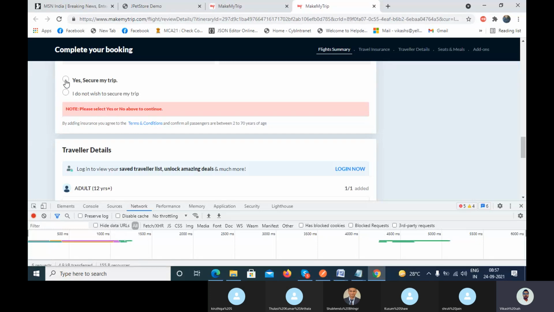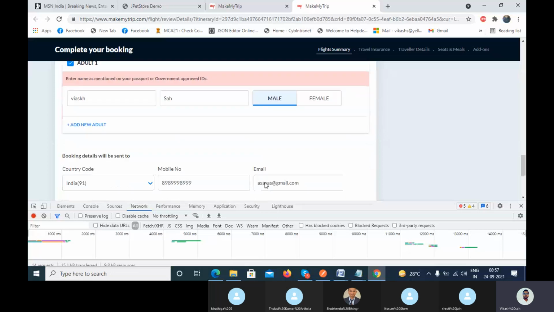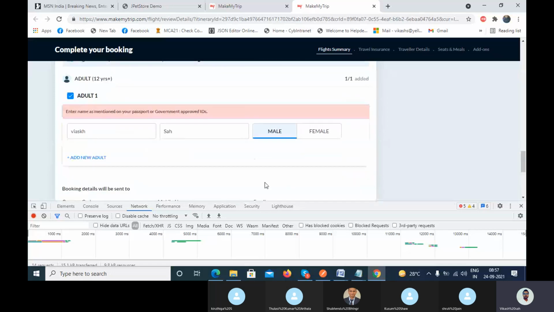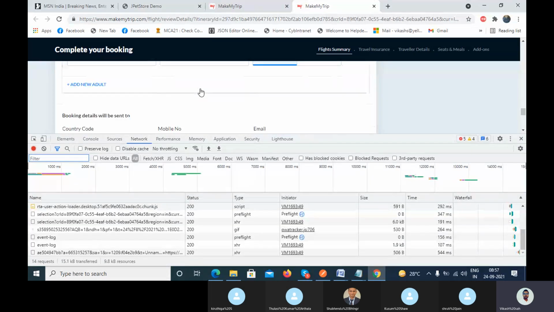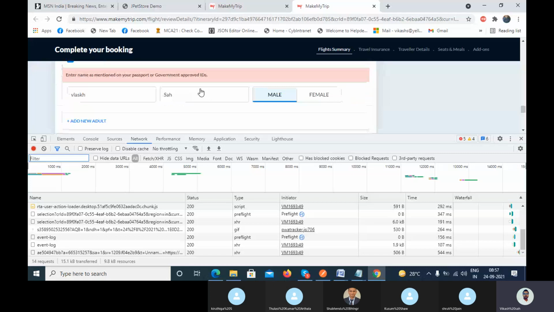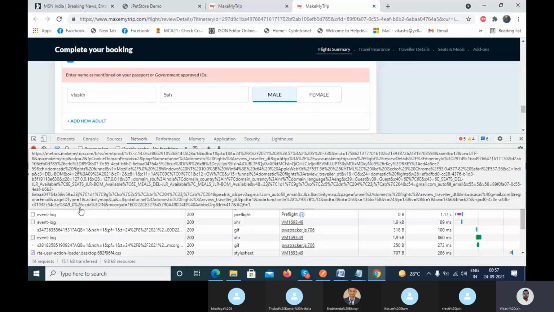please select. Okay, it is giving me the error message. I have to select the username and the password. If you go and check,